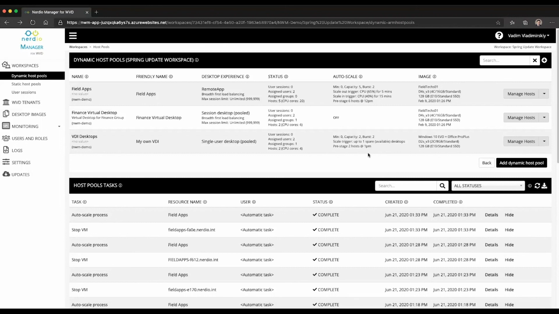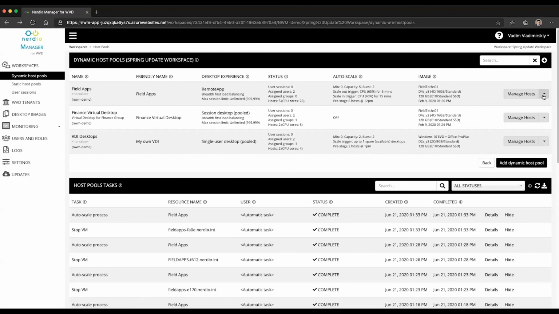So the takeaway here is that the auto-scale savings is extremely significant and important when evaluating a WVD environment, because a static host pool that requires a certain amount of capacity, which is used only a fraction of the time, such as Monday through Friday, 9 to 5 or 8 to 6, is going to be running at that capacity 24/7 unless there is an intelligent auto-scaling engine that can properly shut down and remove that capacity when it's not in use. And the Nerdio auto-scale engine does exactly that